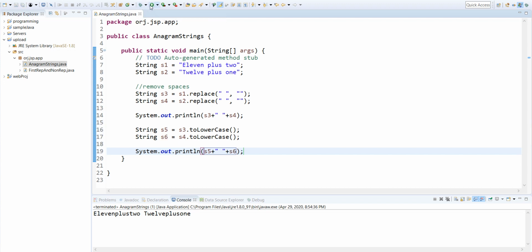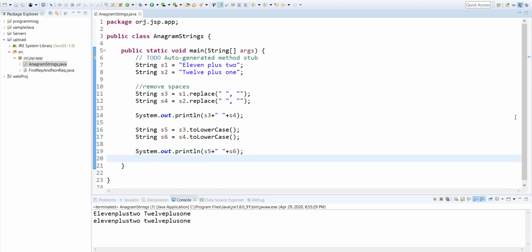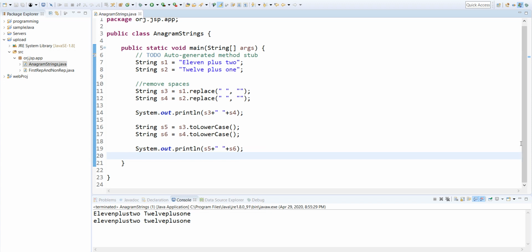You can observe here that E has been changed to lowercase, T has also been changed to lowercase. Now I can check whether the number of characters is the same or not. Before checking that, let us sort the strings so that both strings will be equal if both have the same characters. Sorting can be done using the Arrays class. In the Arrays class we have one inbuilt method called sort, but the sort method is not available in the String class. So let us change the strings into arrays by using the toCharArray method.